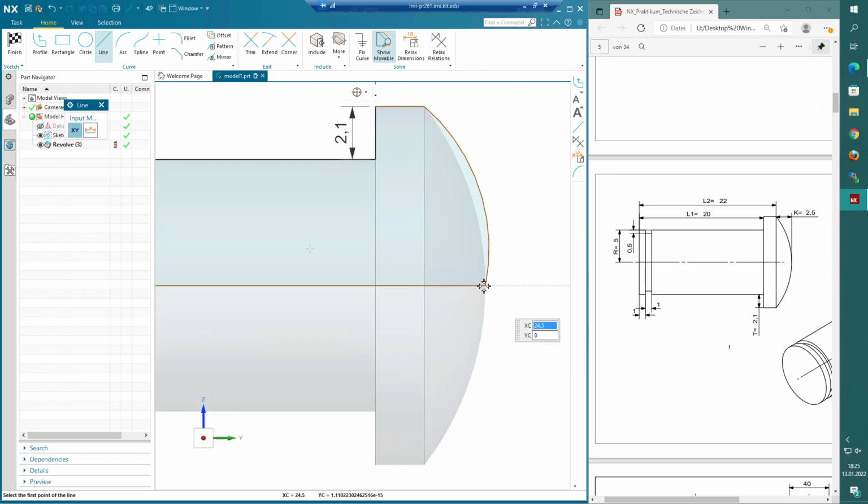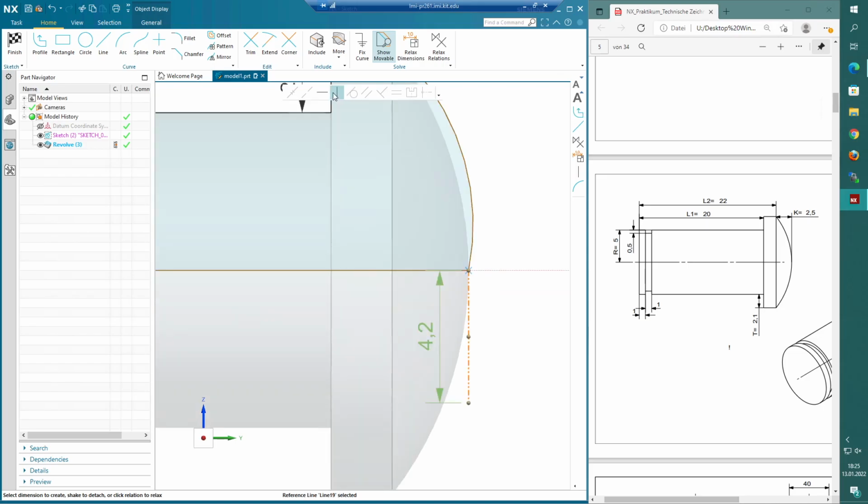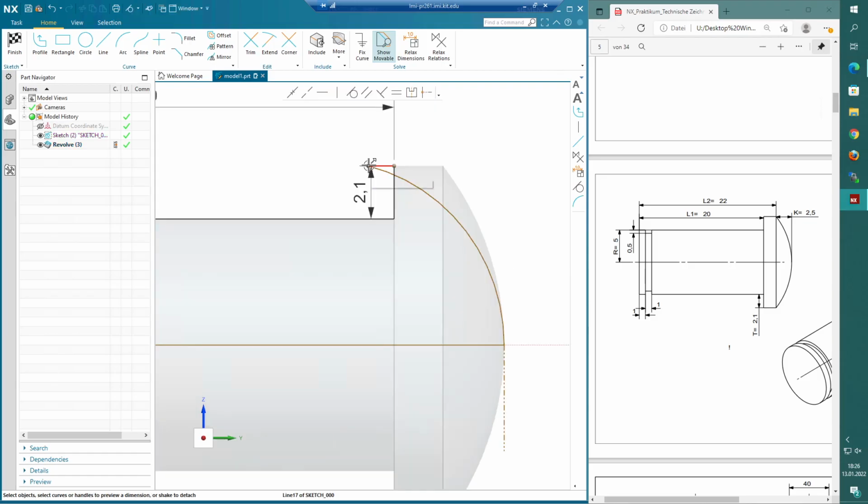So the second idea is, if we don't want to make this point coincident to the line on which the start point also lies, we can also introduce a horizontal reference line right here. I used right click and then convert to reference, and this should be horizontal, so let's give it vertical, sorry. Let's give it a vertical relation. And now we can take this and make it tangent. Okay, and now it kind of worked,